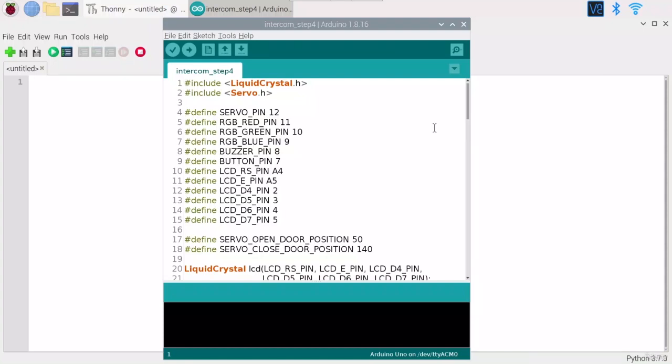This is step number 5 of the final project of this course. Now that we have the Arduino code finished and tested, let's write the code on the Raspberry Pi with Python. So step 5 is going to be with Python. Now we are going to use the Raspberry Pi functionalities and also the application logic to define what the application will do, and of course to interact with the Arduino so we can translate this application logic into real physical